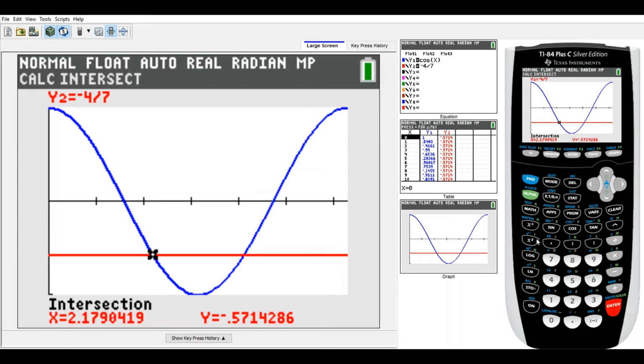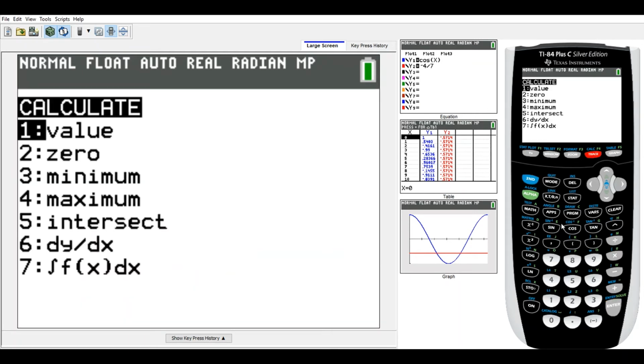And if we were to round this to the fourth decimal place, we get 2.1790, which is exactly what we had gotten for x1. And if we want to try this for x2, then all we need to do is the same thing. Second, trace. And we could go down to intersect,